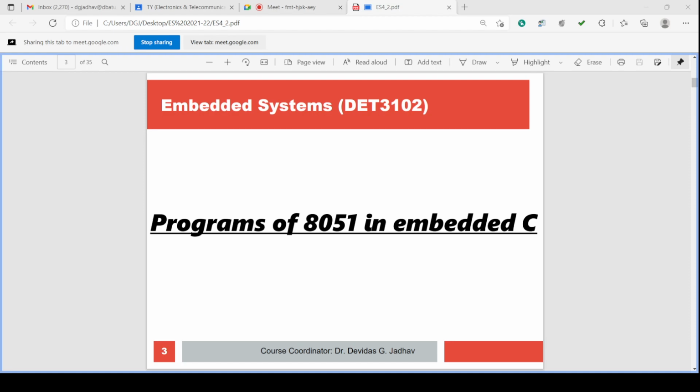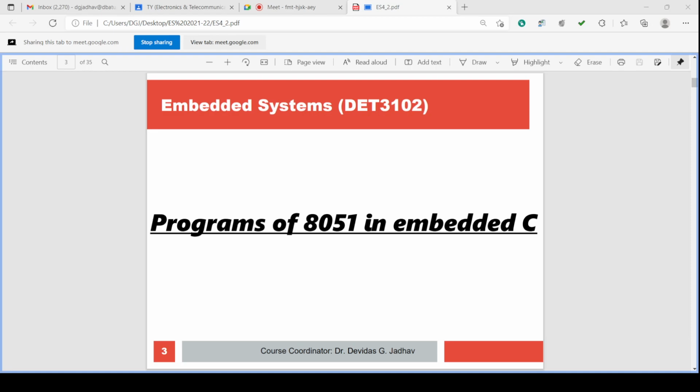We have to write the program in the higher level language, compile it, and then generate the executable file. After compiling, the software generates the executable file. We have to identify that file. This is the file we have to write.